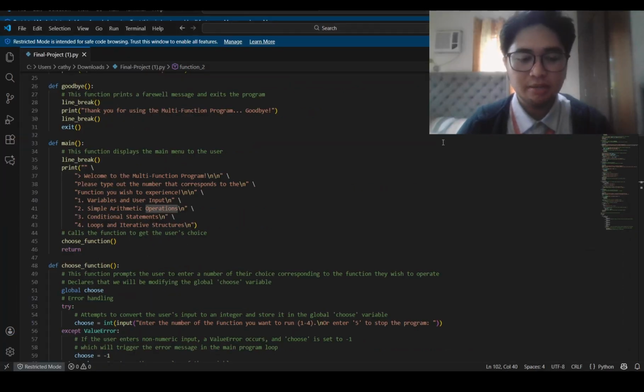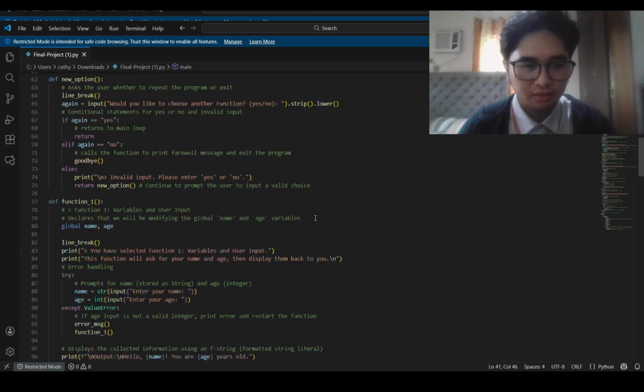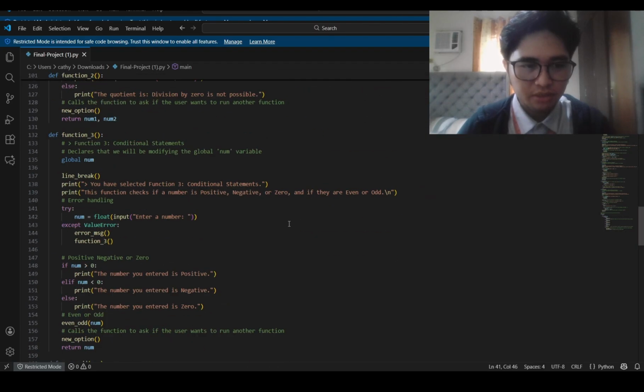Good day, my name is Yuan Abraham Guriel, and I'm here to discuss function number 2. First, we will start at the main menu, which will greet you with 4 functions. We will go with function number 2 and then type out number 2 so we can access it. Once we get to function number 2,